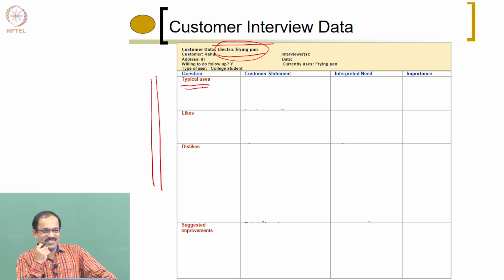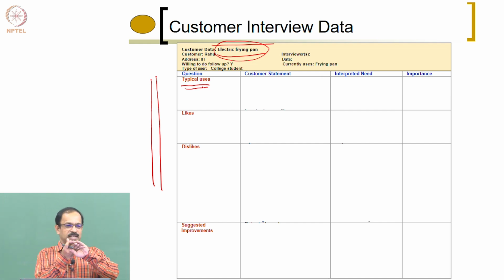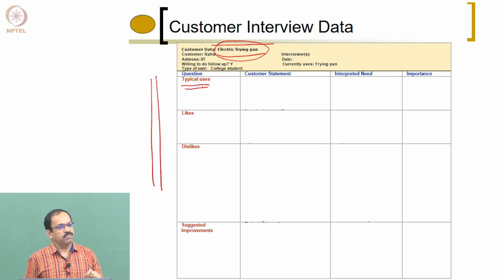Good experience, it seems, okay. Yeah. Then you can fry, you can prepare dal, you can make fish, chicken, or whatever, or you can make curry, vegetable, whatever it is. So there are many things. Somebody will be using it for deep frying. Somebody will use it for boiling things, or somebody will be cooking food like fried rice or something like that. So basically, there are multiple applications, not a single application.